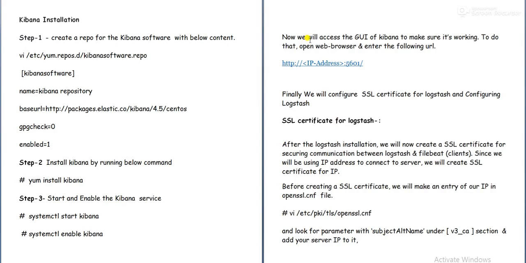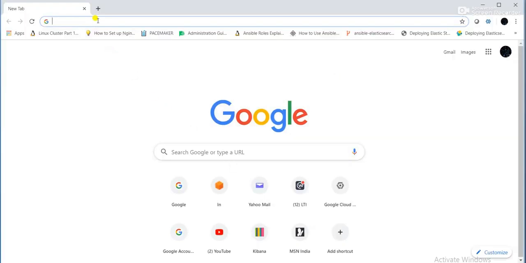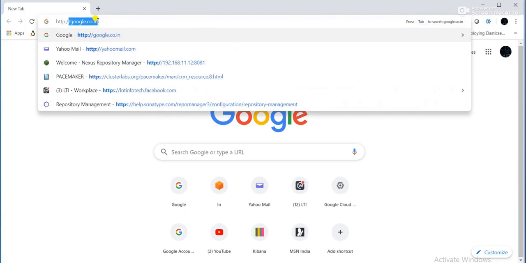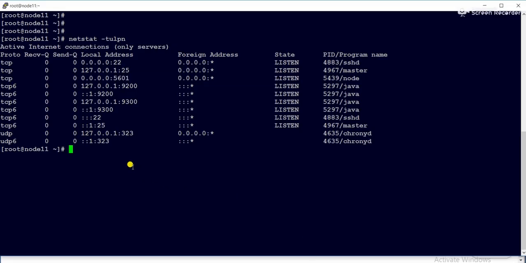Now we will access the Kibana dashboard. On the browser we need to type http:// then the IP address of our ELK server :5601. Yes, Kibana listens on port number 5601. So I'll type http://, then I need to type my server IP address.